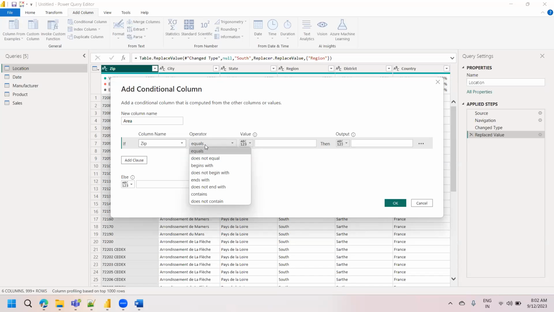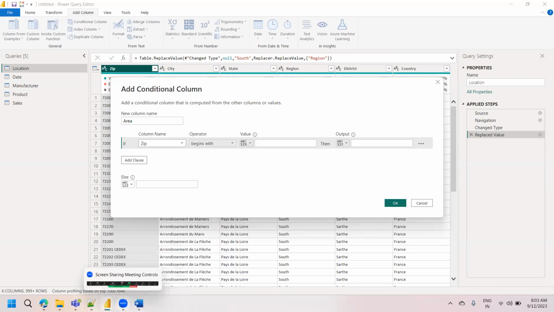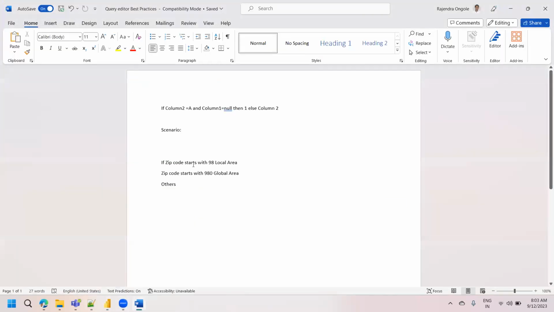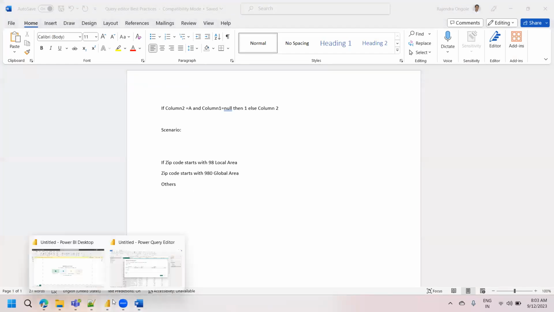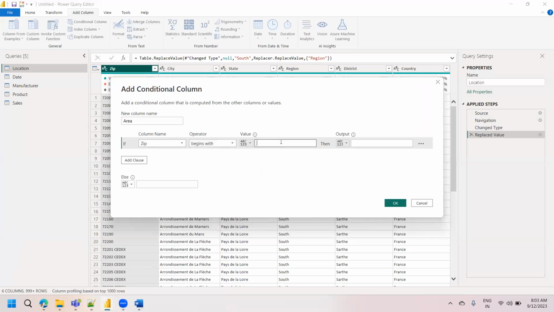This is another interview question. In this scenario, you have to check whether equals to works. The options are: does not equal to, begins with, does not begin with, ends with, does not end with, contains, and does not contain. Which operator, which condition are we going to use here? Excellent, the operator is begins with. So my question is, zip code starts with is nothing but begins with, correct? So I'm going to make it begin with 98,